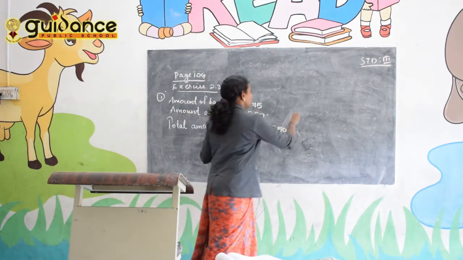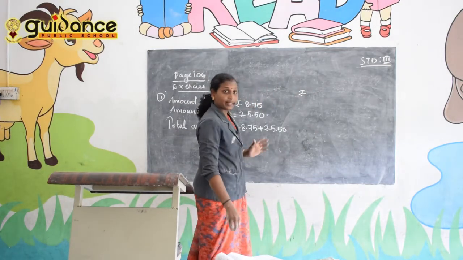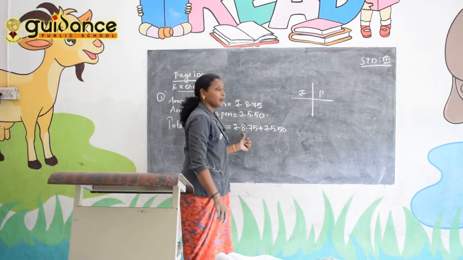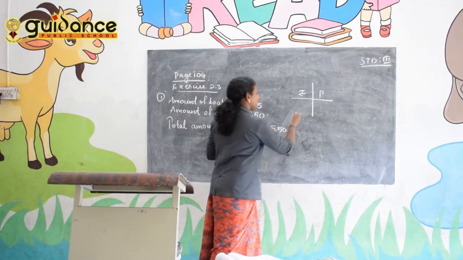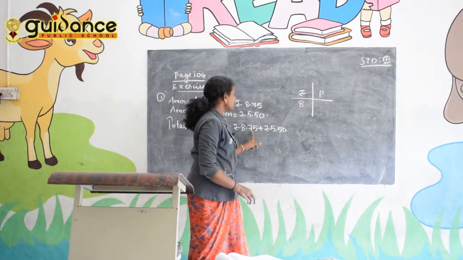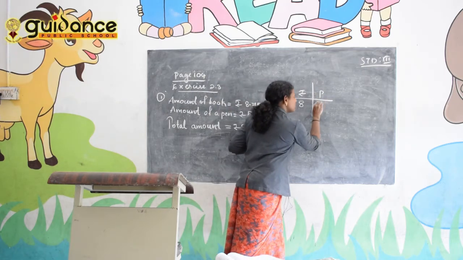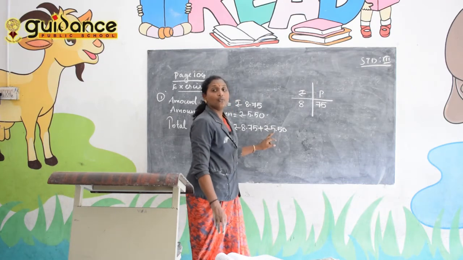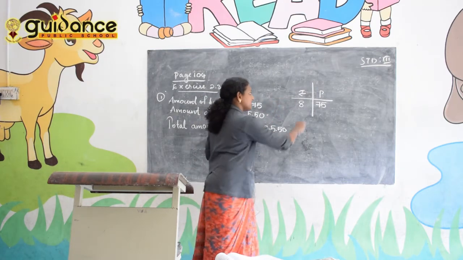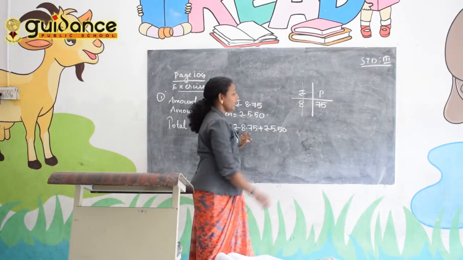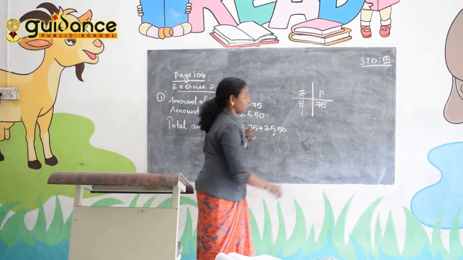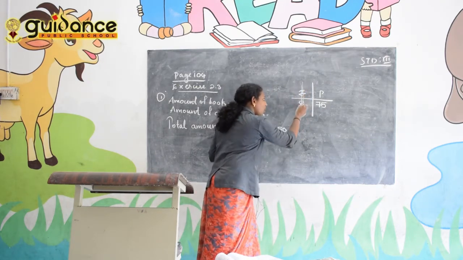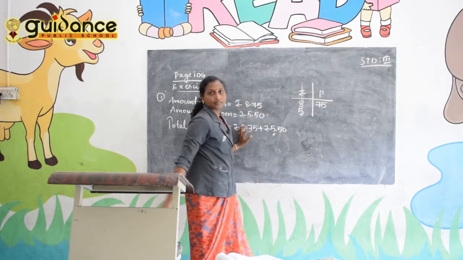In the previous class we studied how to find the sum of two amounts in rupees and paise. First we have to write the units on the top. The next represents the amount: 8 rupees and 75 paise. This is the space of paise, that is 75. The next is 5 rupees 50 paise. This is the column of rupees. How many rupees? 5 rupees. This is the space of rupees, and at the bottom of 8 write 5.